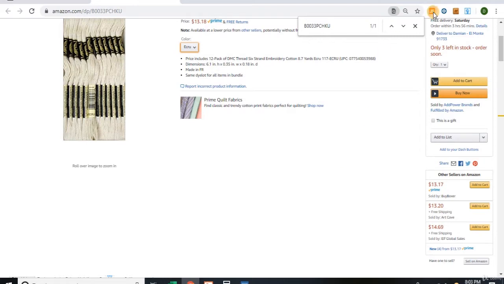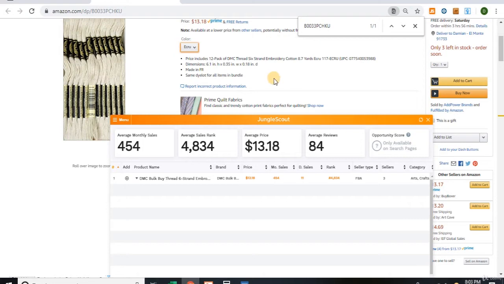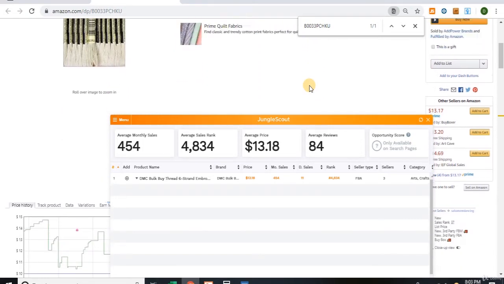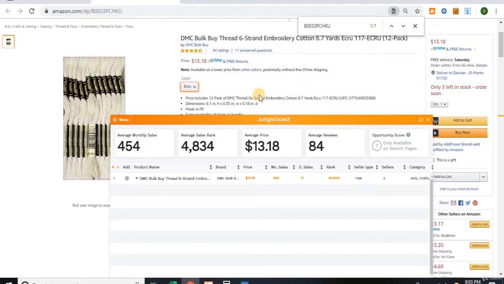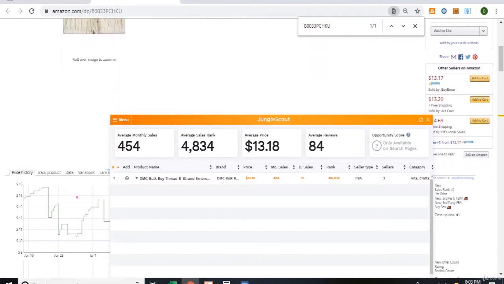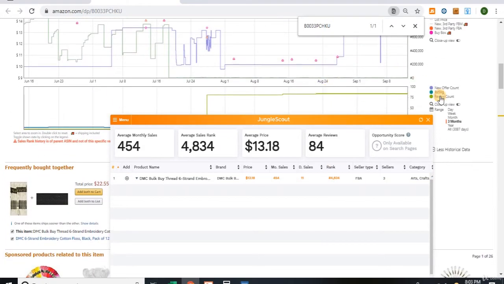Let's just see how many total sales it's getting. So this will be a good example. I would never actually buy this product just because there's so many different variations, but this listing with all these different color variations is getting a total of around 450 sales. Actually, let's check because that's at this current sales rank. So if it was steady at that sales rank,